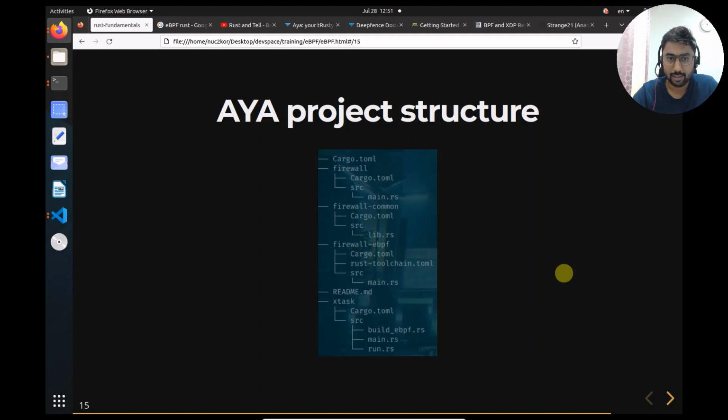This is a typical Aya project structure. Now, this is very interesting. Suppose the name of the program is Firewall. So we have Firewall, then Firewall common, and Firewall eBPF. Firewall eBPF is our kernel space component,